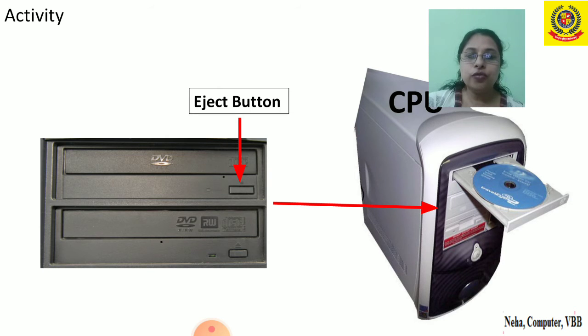What is that tray used for? It is a CD tray. As the CD tray comes out, we are going to put the CD inside it, right? The shining part would be at the bottom, and the written part, or whatever is written, would be on the top. And then you are just going to push it slightly. You will push the CD tray, and it will get inside the CPU.